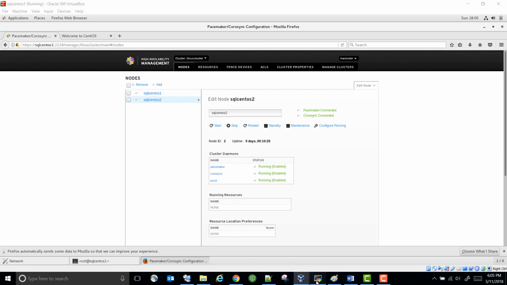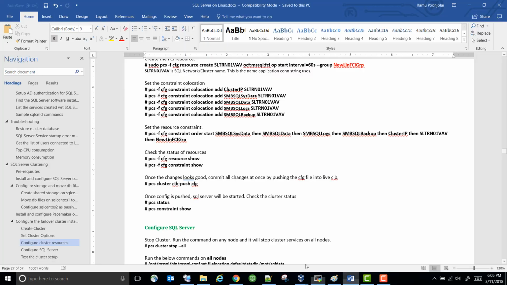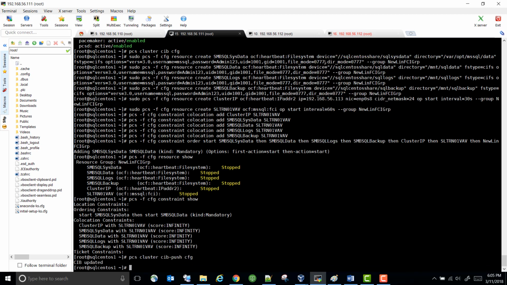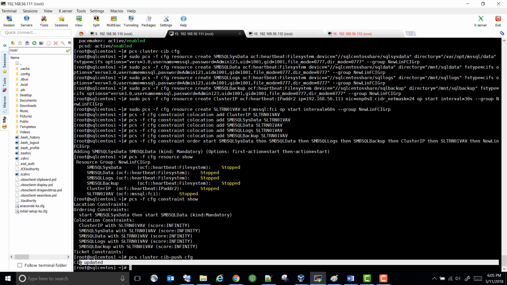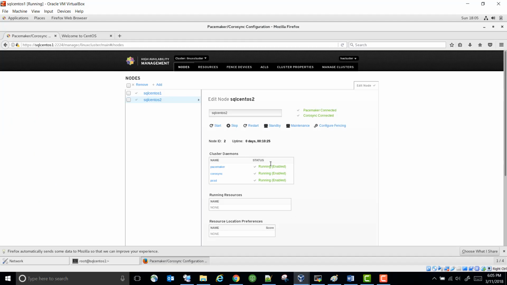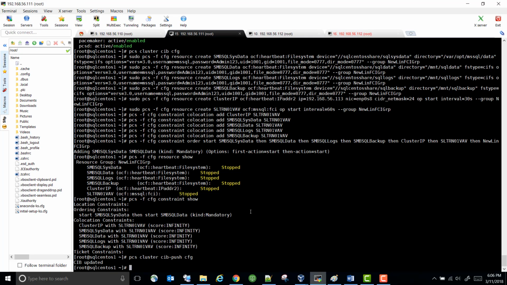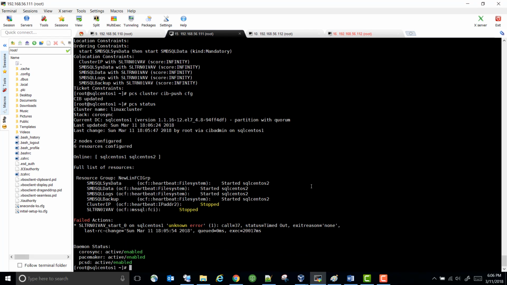So when you run this command, it says CIB updated. Now if you go here and refresh this page, you go to resources. Now you can see, yeah, this is the resource group, and these are all the resources. If you go to the server and run pcs cluster status, it says